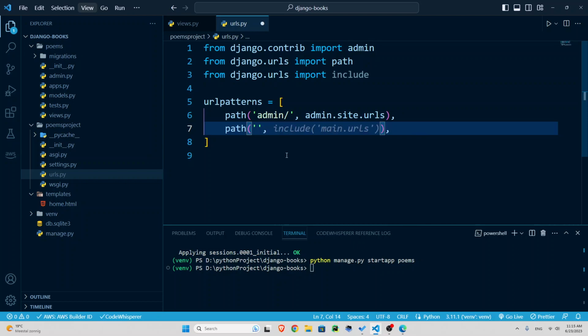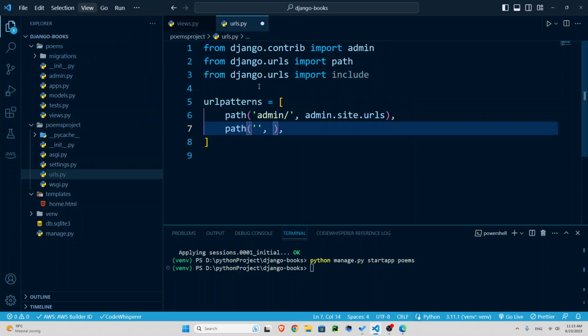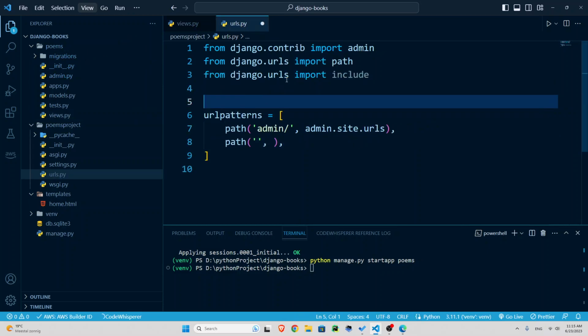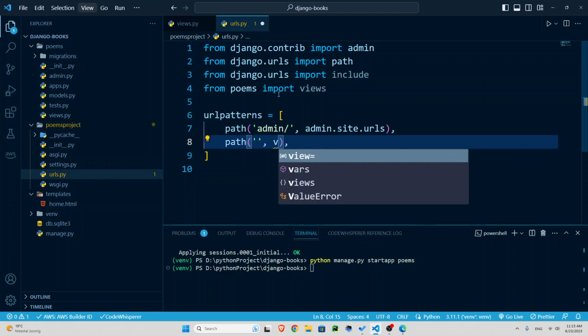something should be returned. And what is it that should be returned? I want this function, which includes this HTML to be returned. This function is inside the views file, which is inside the Poems folder. So I should specify that here. I should say from poems, let's see, come on, Amazon. From poems, import views. So we imported this views, and right here, I mentioned that views